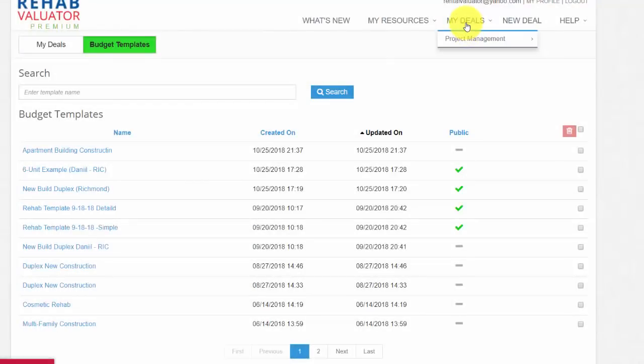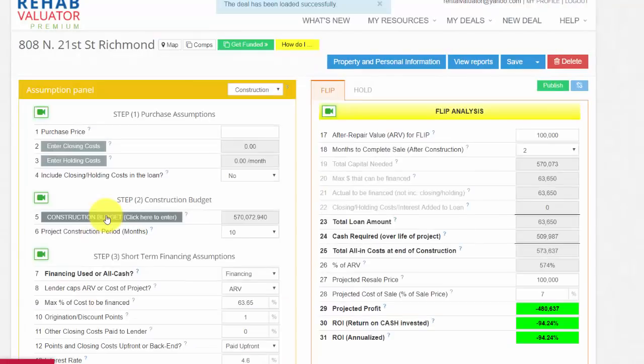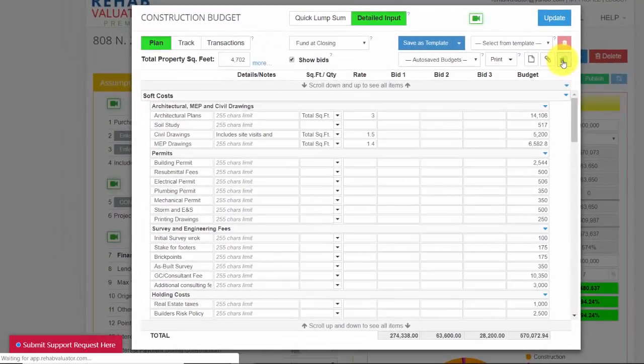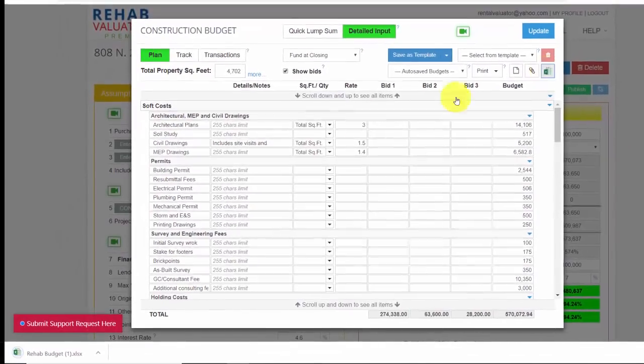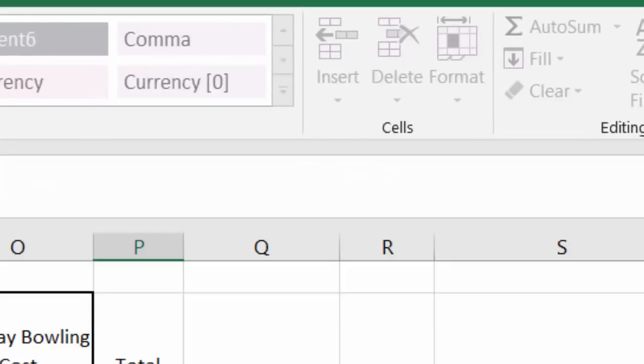Now, a couple of other things I want to show you. If we go back to this deal, this is very important. I'm in my budget. I can export this entire thing to Excel. So if I need to send this to a banker or to a private lender, and they want to see it in an Excel format, I can simply click Export, open the Excel file,